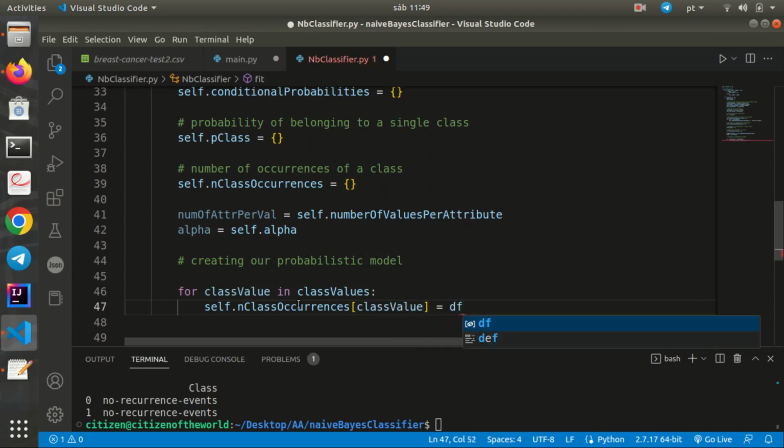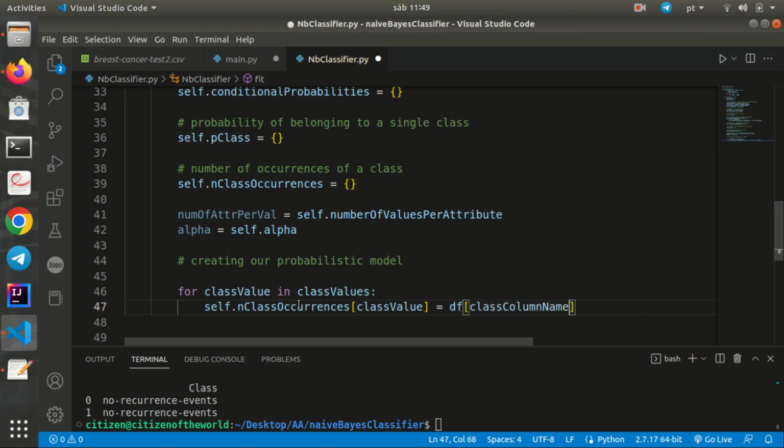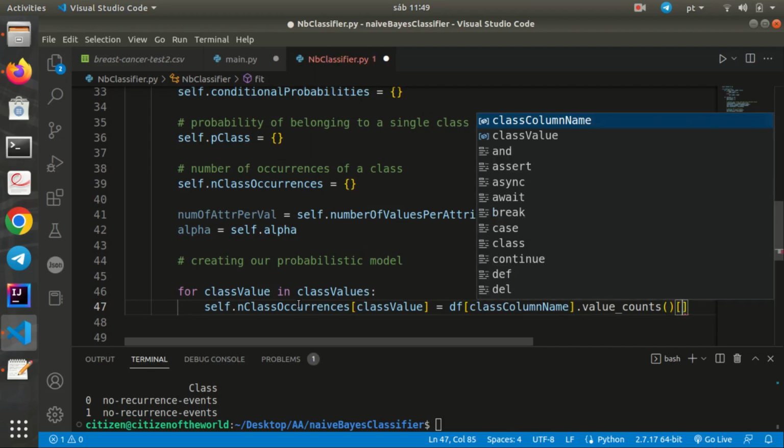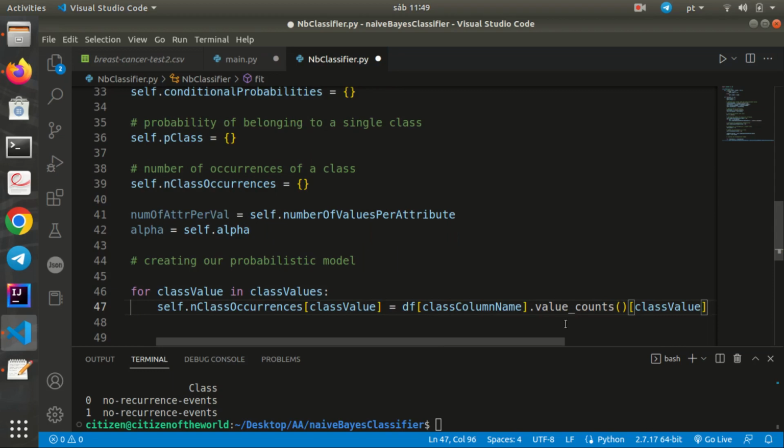I can retrieve that information from my data frame. The column corresponding to the class, I use the method value counts to count how many times this specific class value exists in our dataset. Now that we have the number of class occurrences, we can calculate the probability of a class to occur,